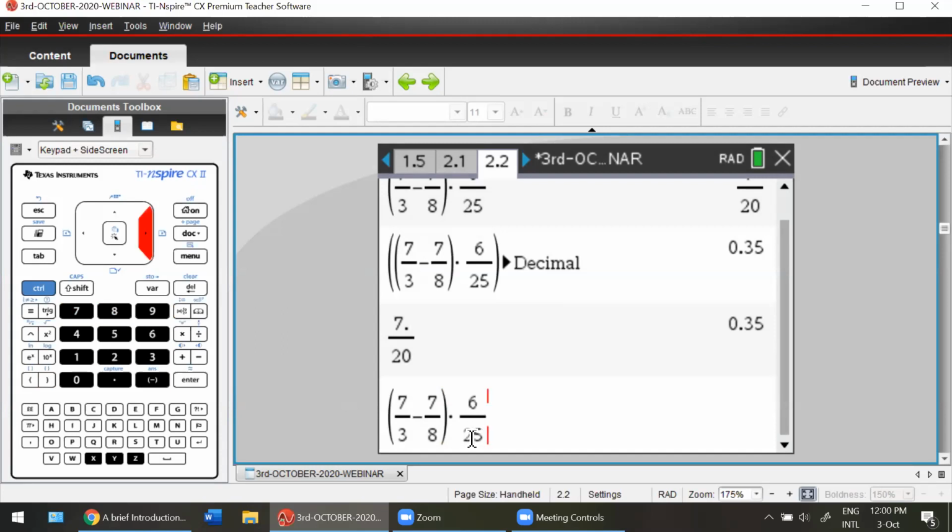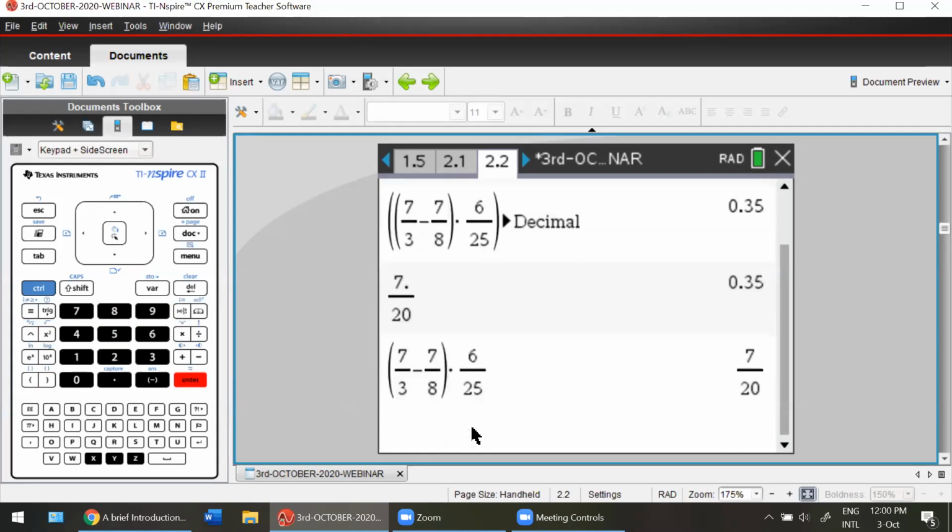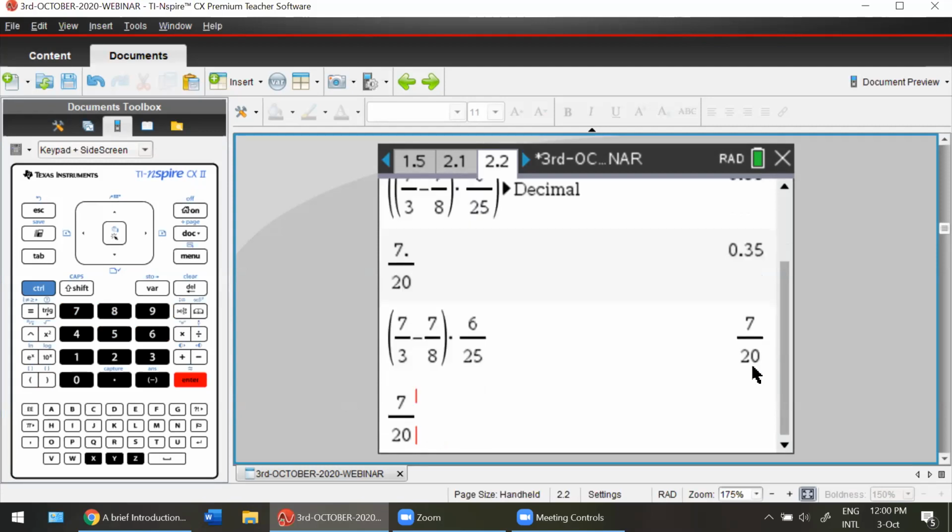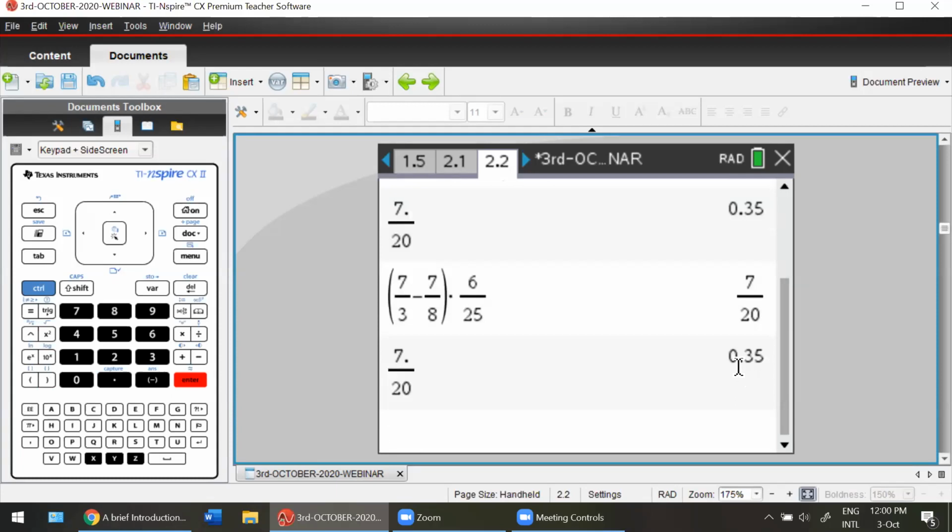Basically, you're exploring all the forms of numbers, right? And if you want this in decimal form, as I already showed you, go up to select what you have already achieved, and then hit enter. You can just put the decimal point there and you have your answer in decimals as well. I hope all of you are getting it this far and are clear about this.